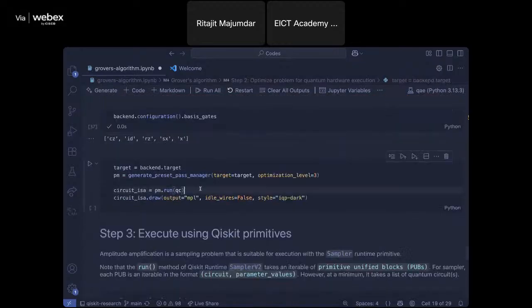And this is done by something called transpilation. For transpilation, we do this generate preset pass manager. We pass in the target, which is the backend dot target, and optimization level 3, because